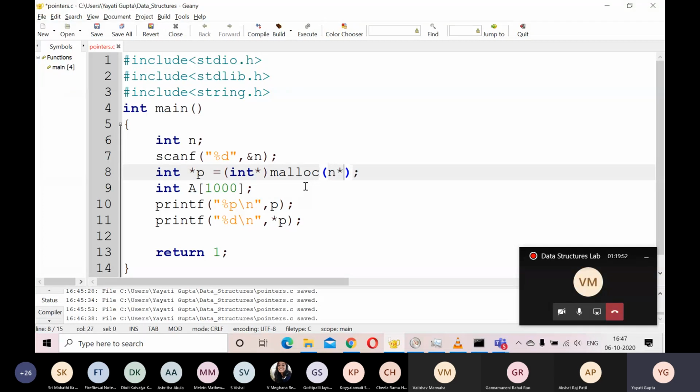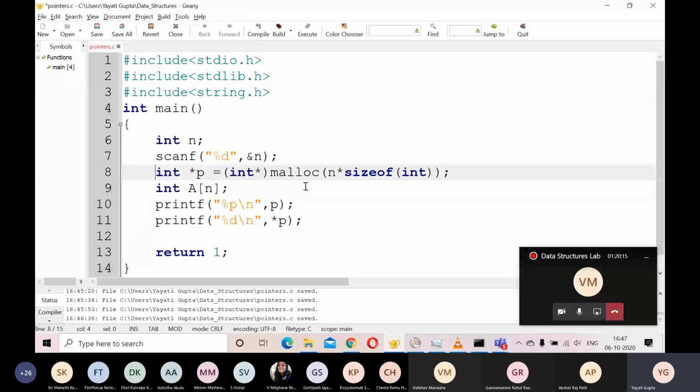So I want n into 4, or I am going to use an operator which is the sizeof operator. You can pass any data type here and this sizeof operator will tell you the size of that particular data type. So I have here n into sizeof int. Now, even here I can write it as a of n.